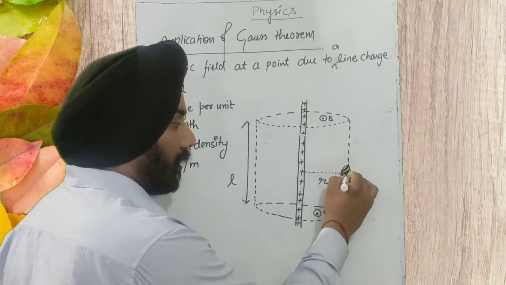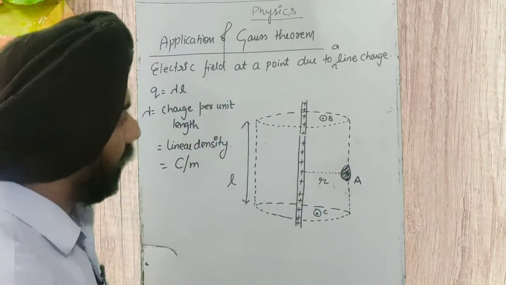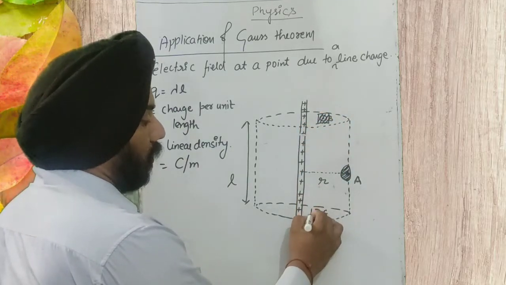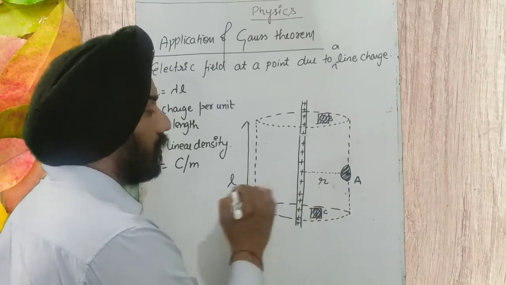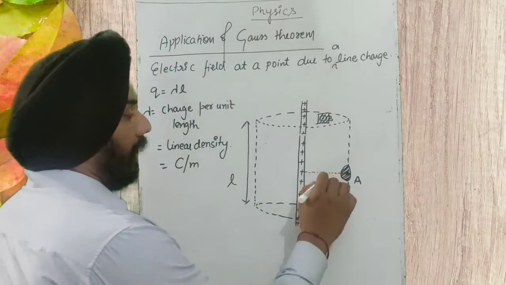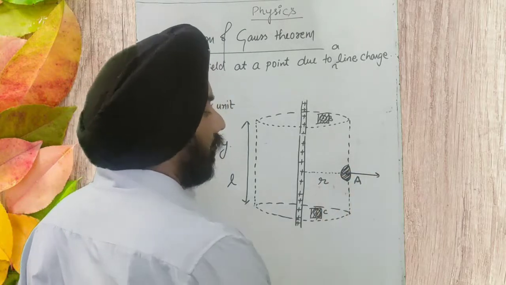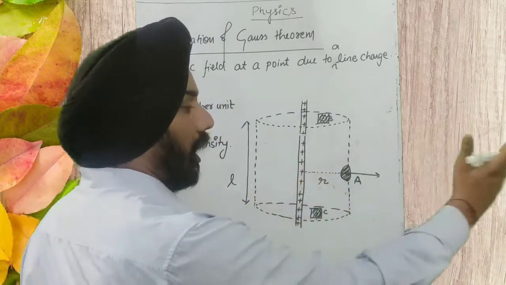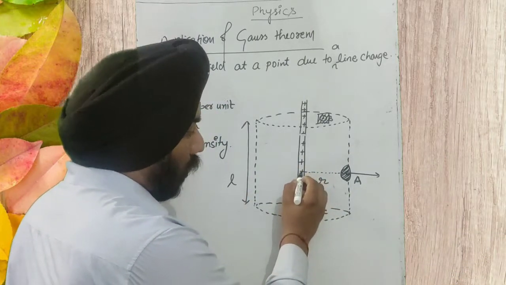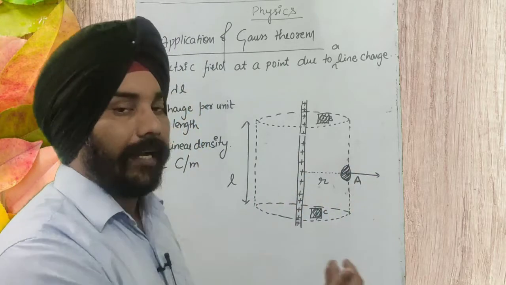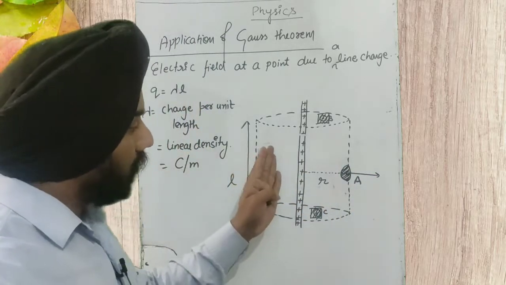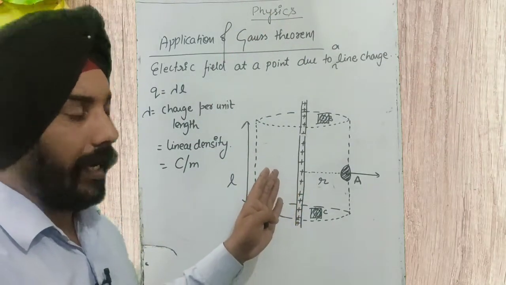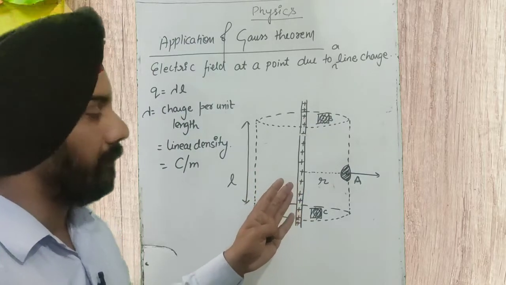So let's take a small area element at A, a small area element at B, and a small area element at C. Here at A, electric field will be away from the charge. It is always originating at the right angle from the charge, starting from the positive charge and terminating at infinity. I have explained this thing many times in the lectures.